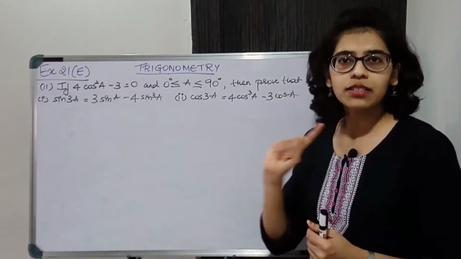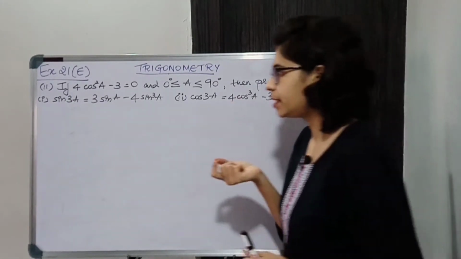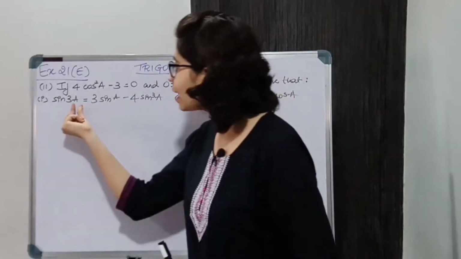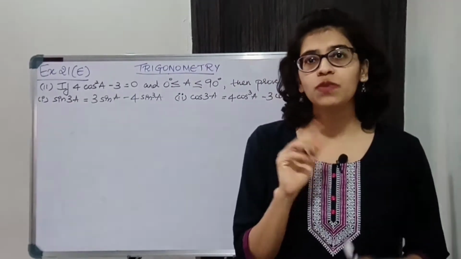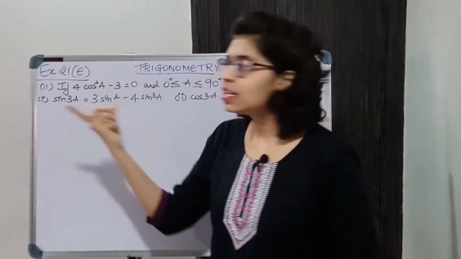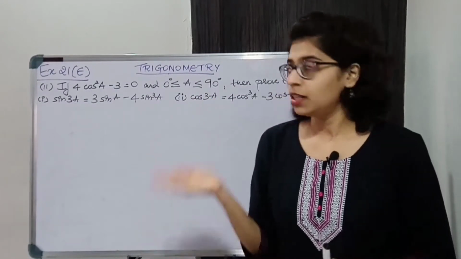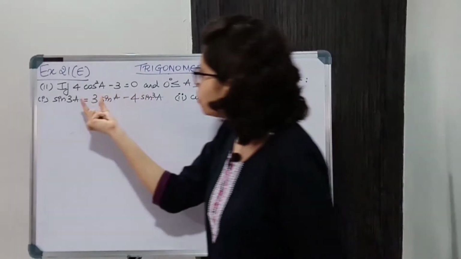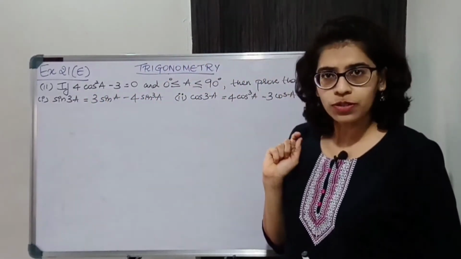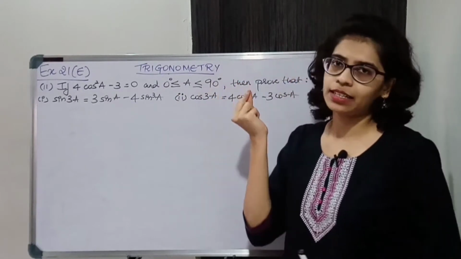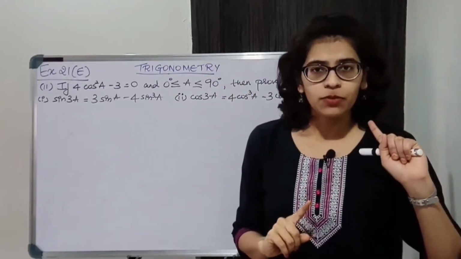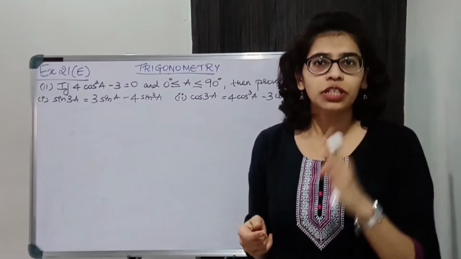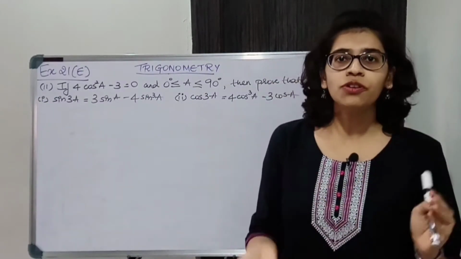Now this is like the similar question which we have solved earlier. Sin 3a and cos 3a, we have to find angle A for that. Okay, because we don't know any identity where we have sin of 3a, cos of 3a. So we have to find A first, and what we are given for that, 4 cos square a minus 3 is equal to 0 and that A lies between 0 degrees and 90 degrees. That means we have to use the trigonometric table. Okay, we have all the standard values from 0 to 90, 0, 30, 45, 60 and 90, which you are supposed to remember.